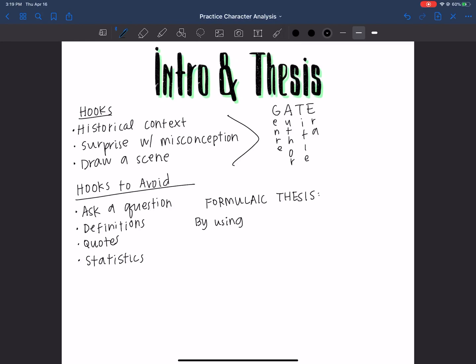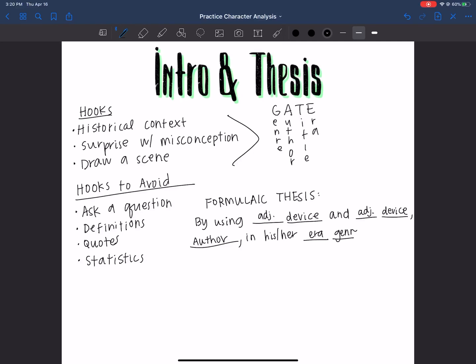So by using blank and then your device, this needs to be a descriptive adjective. And this is another adjective, device, author, in his or her era,